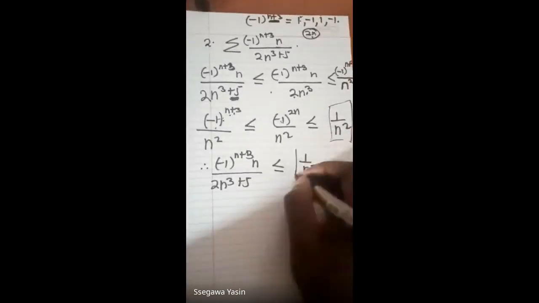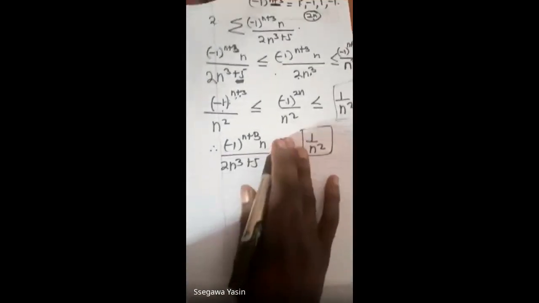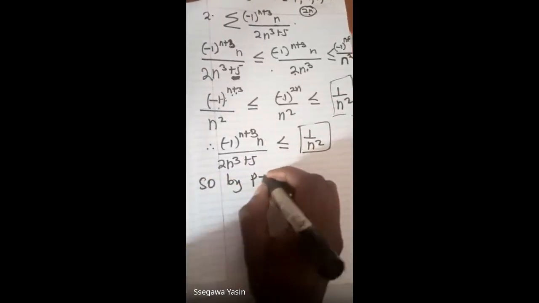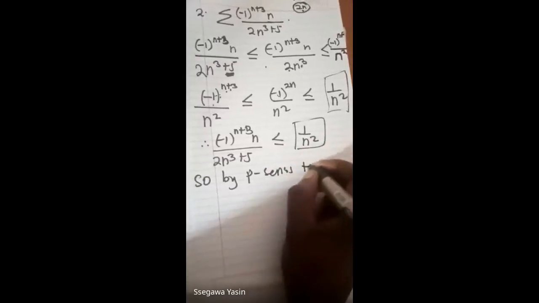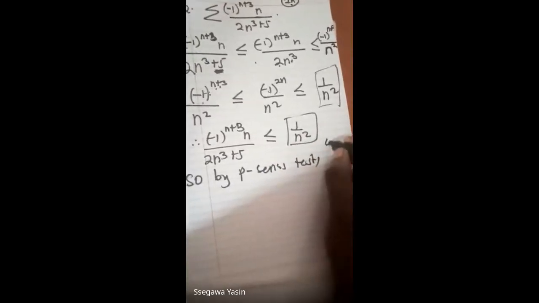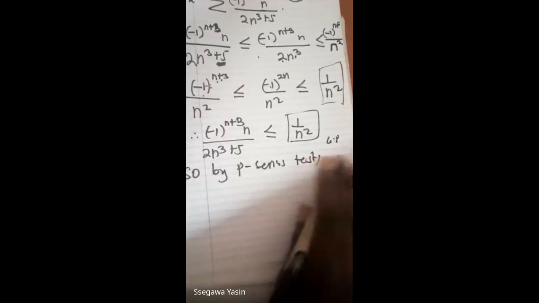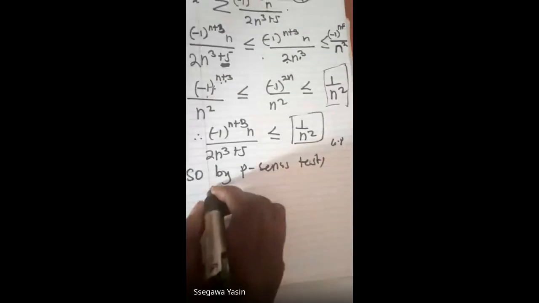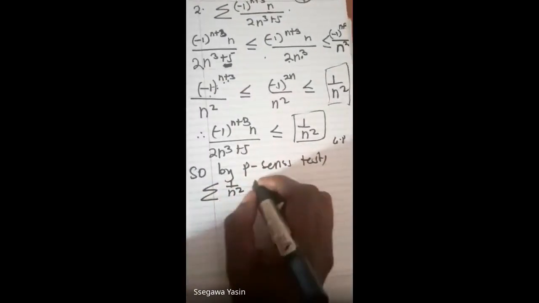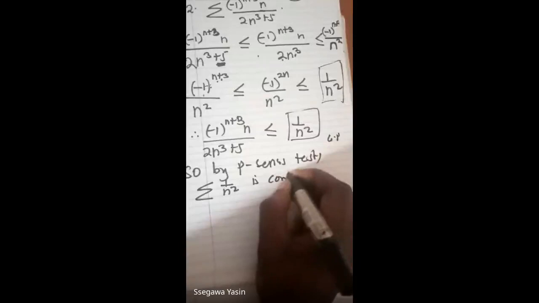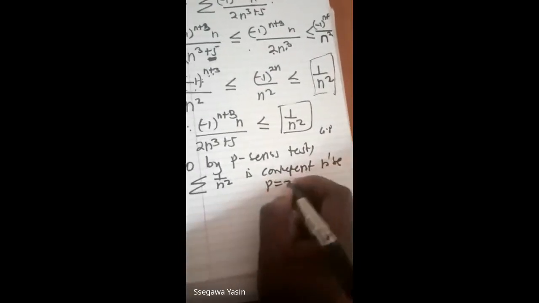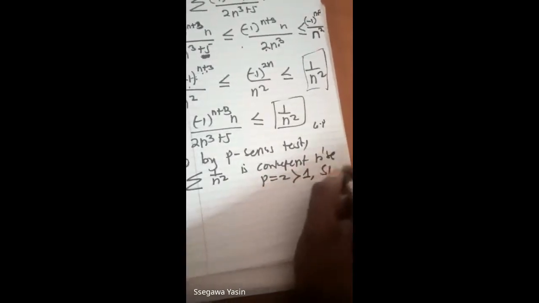So now I'm taking the series of that, and we are going to say, by the P series test, even if you use the geometric test, even if you use the infinite series test, it will give you the same thing. Sum 1 over n squared is convergent, because P is equal to 2, greater than 1. So it implies that